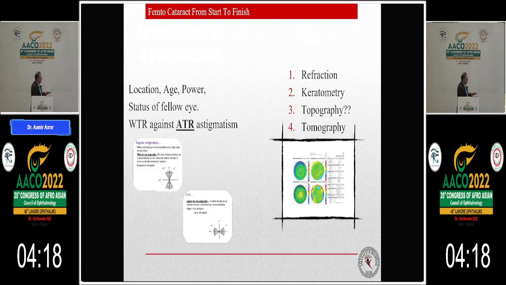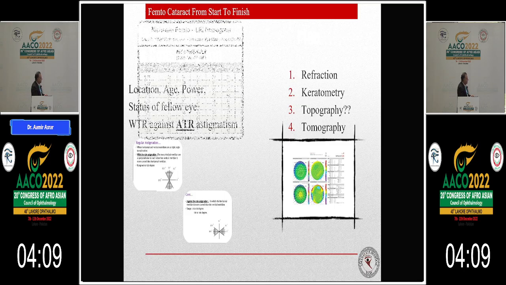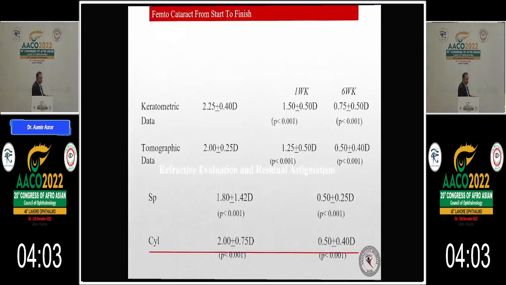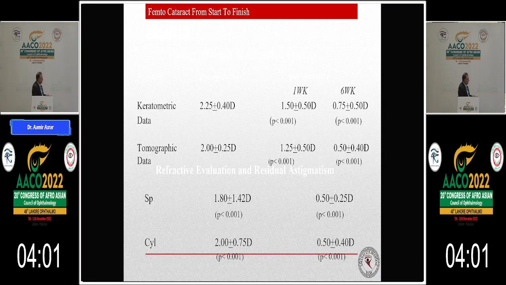We looked into the location of the astigmatism, age, power, and status of the fellow eye, with the rule or against the rule. We calculated with refraction, keratometry and tomography, and used the Nichiman femtocataract formulas to treat the astigmatism. Initially, the measurements were around 2 to 2.25, and the results gradually stabilized